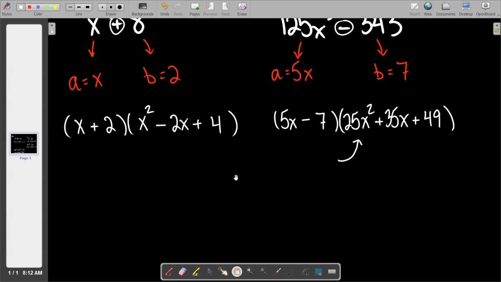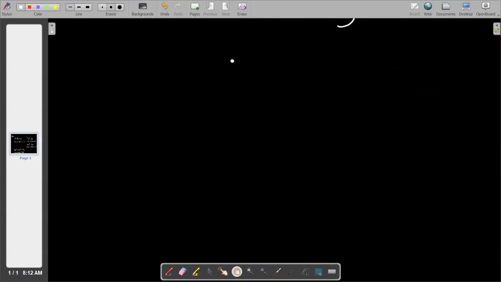In the next section, it's still a factoring thing, but it's solving now. So the directions will not say factor. The directions will say solve by factoring. So you're still using factoring. It's just that factoring isn't the be all end all. It's a means to the end, not the end. So for example, you could have 3x squared minus 5x minus 12. And the difference here is that we're going to have